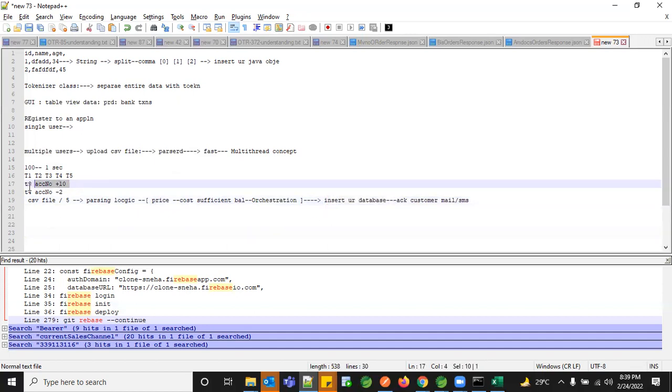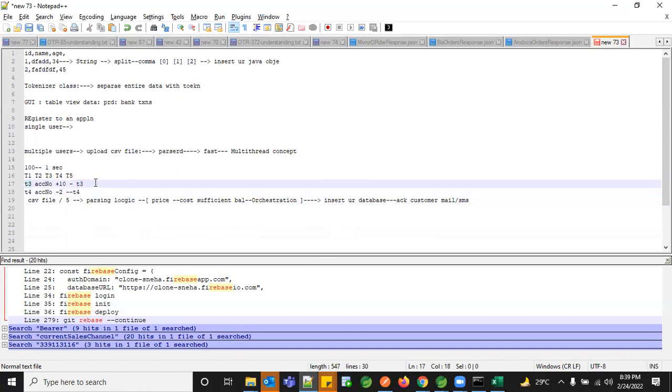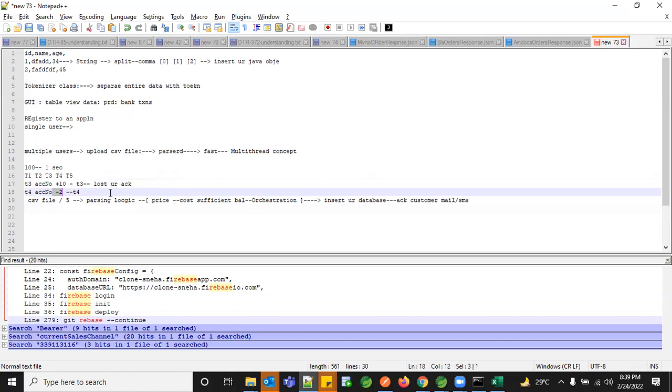Because even though it is a multi-threaded transaction, suppose my T3 thread is working and parallelly the T4 thread is also going ahead, and suppose the T3 update is still not processed, there's some issue in DB connectivity or some such thing where you actually lost your data or lost your acknowledgement, whether that was successful or a failure. But the next thread, which is working parallelly, is going on and it's actually doing minus 2. If you have sufficient balance in your account, minus 2 is not a problem because later the plus 10 happens and your data is matched. But what if your data is null?